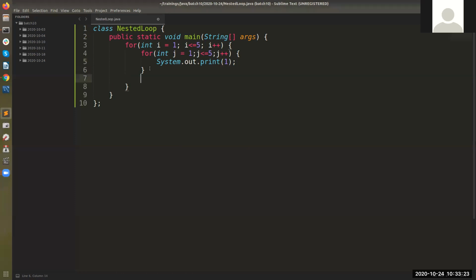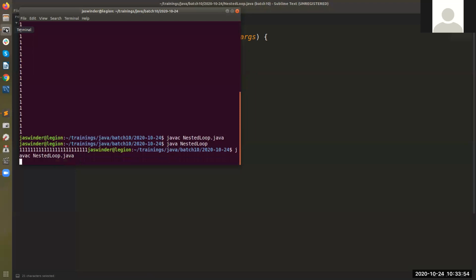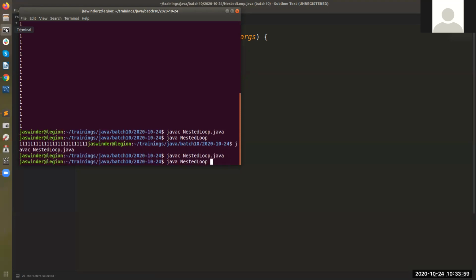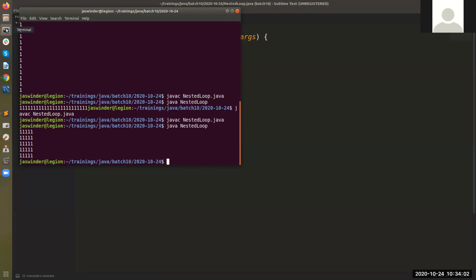So here after this, I'll write System.out.println. So here I can put a blank println. Now this will print 5 times 1, and then it will complete its loops. But now there is a statement inside the outer body, which will execute after the inner loop, right? So 5 iterations of the inner loop, then printing a blank println. So that's going to break the line. So now if I go and run my code, it looks better. It will be printing 5 lines of ones. See, so it's printing 5 lines of ones.